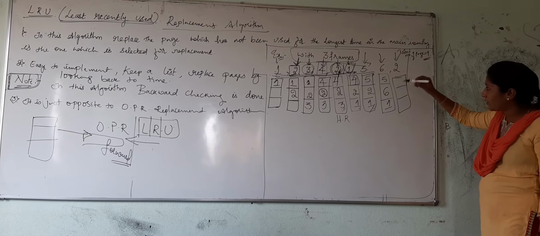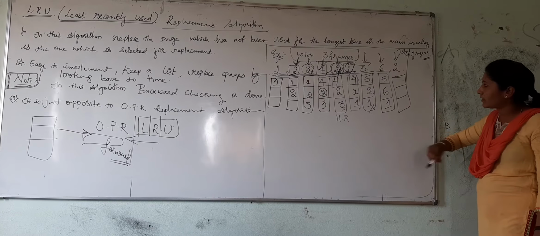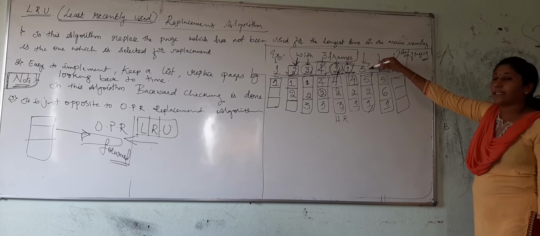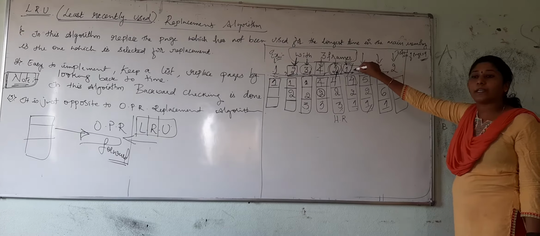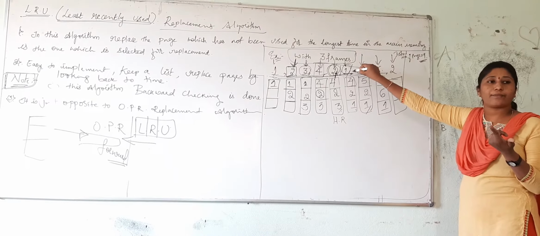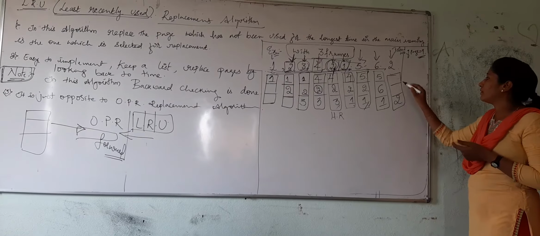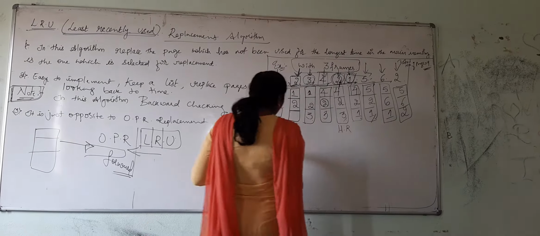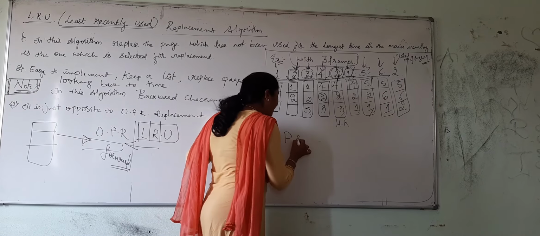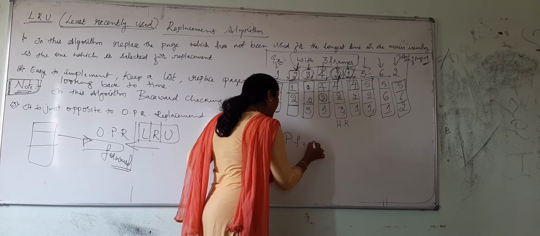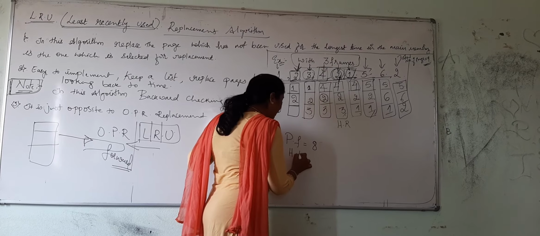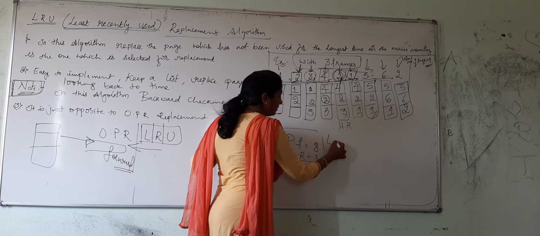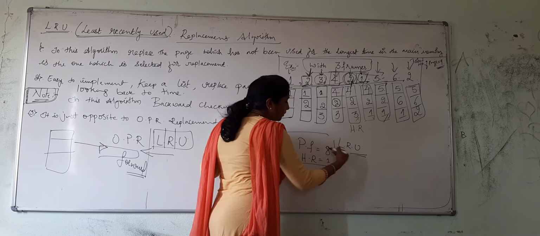Right. Now which is the last page? 2 is the last page. Again check from the forward direction. 5, 6, 1. 6, no. 5, no. 1 has to be replaced. In place of 1, we place 2: 5, 6, 2. Now tell me, how many page faults are we finding? 8 page faults. And how many hits? 1. This is how LRU works.